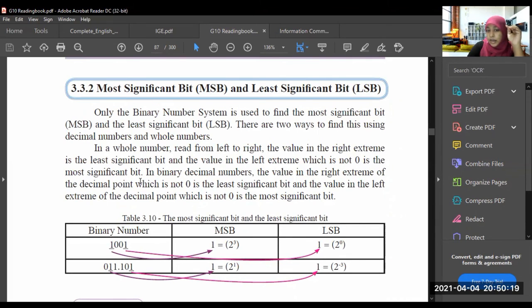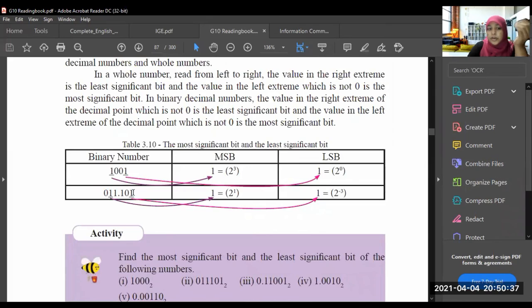In binary decimal numbers, the value at the right extreme of the decimal point which is not 0 is the least significant bit, and the value at the left extreme of the decimal point which is not 0 is the most significant bit. So for an example,